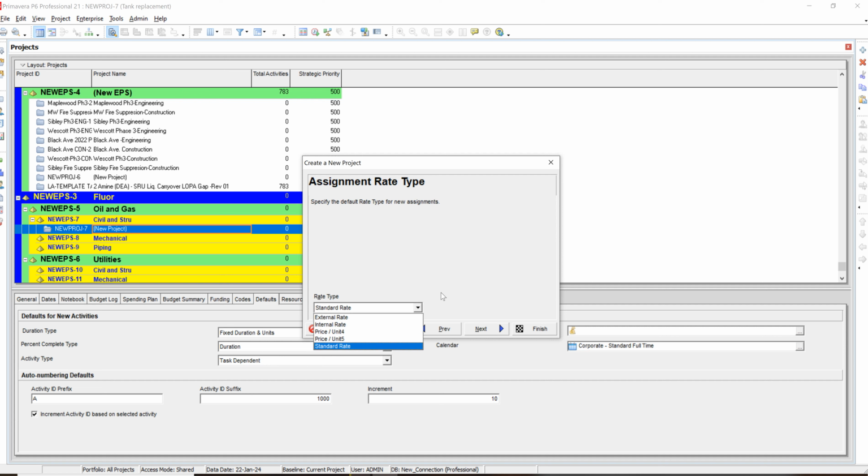These are other items that you can see about the rates that you're going to use for your project. Normally we will use a standard rate. It is the default for everything. A standard rate means